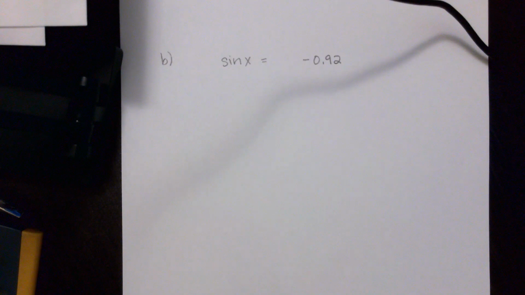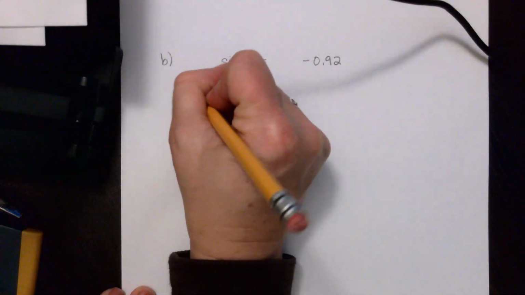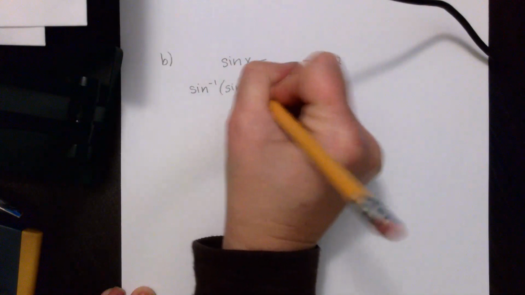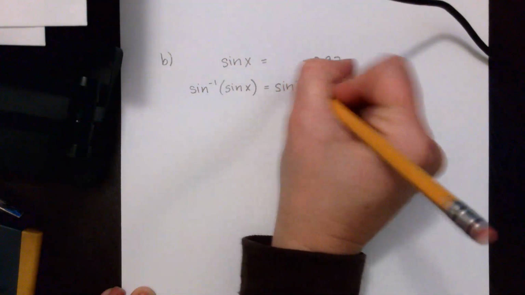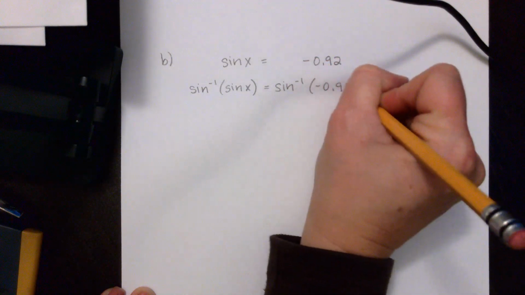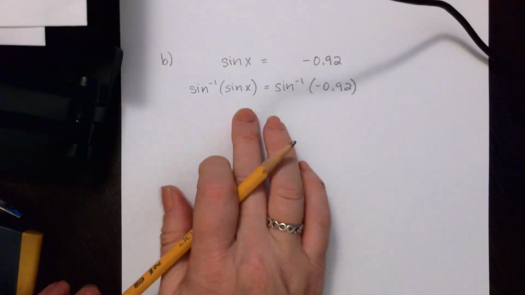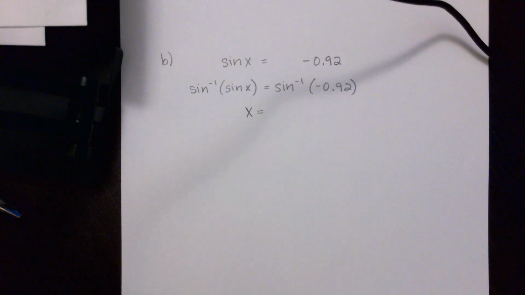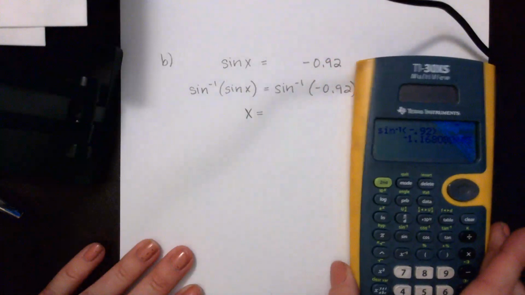We want to solve sin x equals negative 0.92 on the interval 0 to 2 pi, with 0 included and 2 pi not included, and we want to find the correct answer to 4 decimal places. First thing that I'm going to do is take the inverse sine of each side. So the inverse sine of the sine of x is going to be x. And using my calculator, the inverse sine of negative 0.92 is going to be